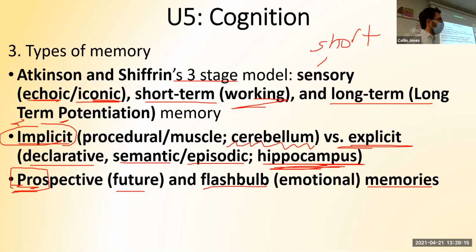Any of y'all see Inside Out? Those core memories she talks about are like flashbulb memories for that little girl. What was her name? Riley? Right. So little Riley and the hockey team, or little Riley and the moments with her family. Those are her flashbulb memories in her mind. Questions about standard 3?